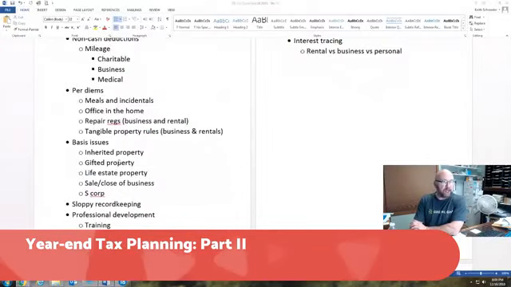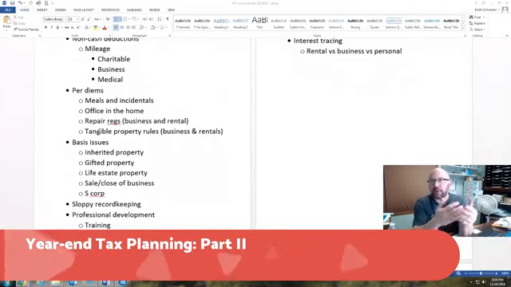I have right here some of what I call repair regs and tangible property. Those things get slipped down a little bit further, but I will touch on them right now because they do get missed a lot. And that is this: if you have rental properties, if you have a small business, almost anything that you're doing,